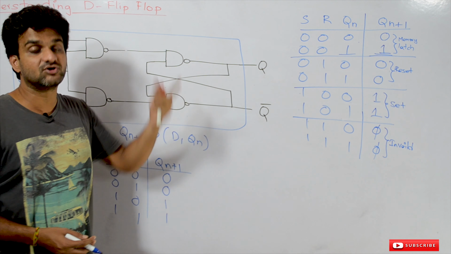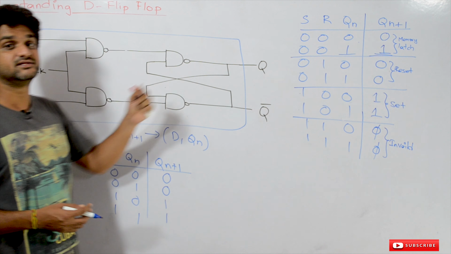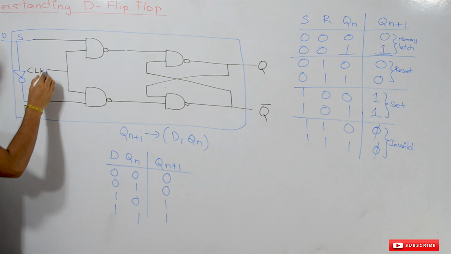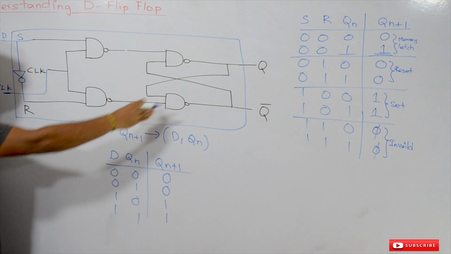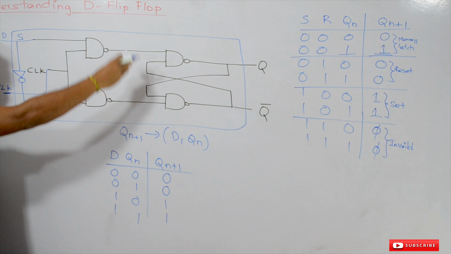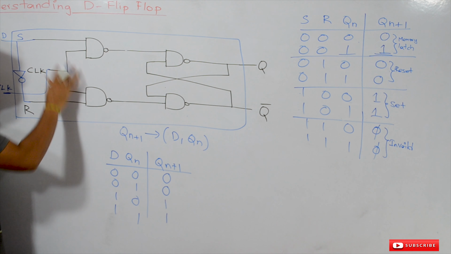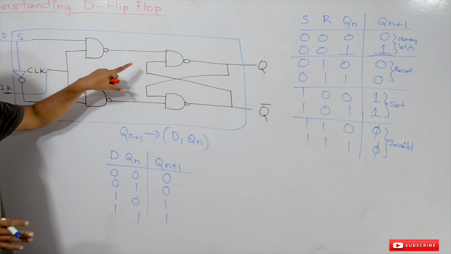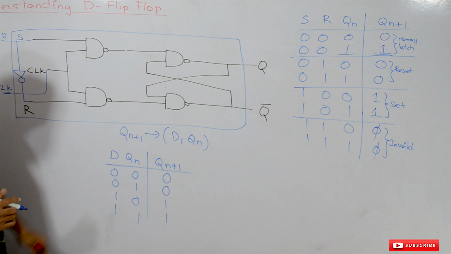If it is a 0, it will get stored here. If it is a 1, it will get stored here. It will get stored here until the clock signal is provided. So this clock signal has to be provided. I forgot it. So this clock signal is true, so this value will remain. This value we can change whenever the clock signal becomes 0, so this value will remain in the D circuit, in this memory. Okay, so this is the way in which a D circuit is designed.